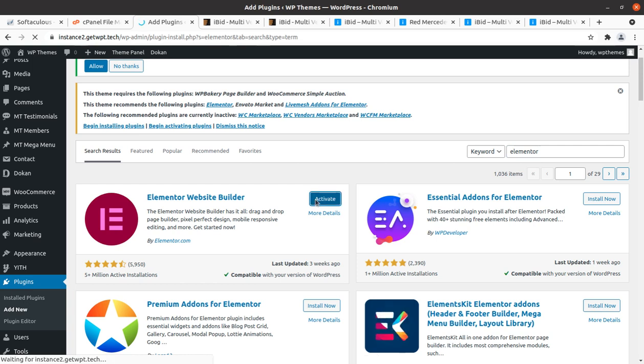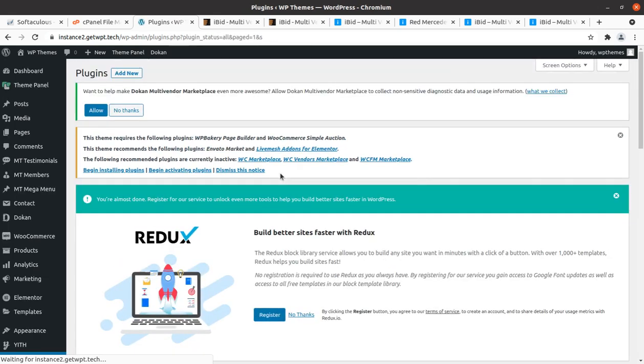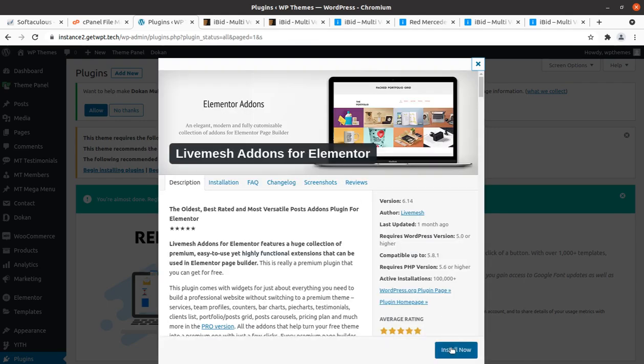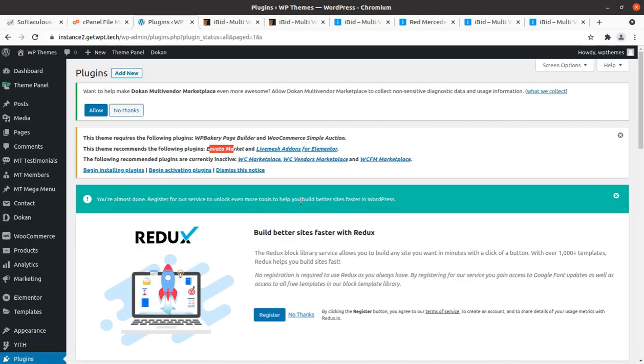Installed. Now activate. So the Elementor alert has gone now, and add-ons for Elementor are recommended. So we can install Livemesh. Okay, it is not going through, so I will add it separately.